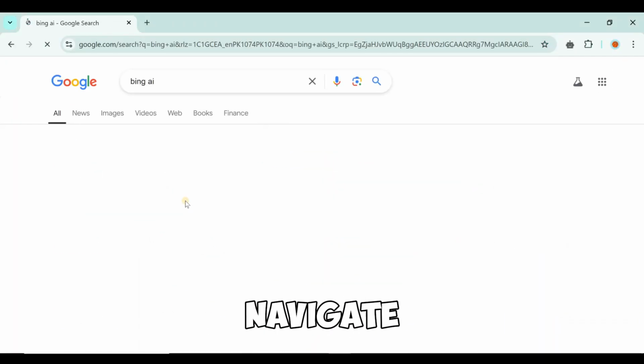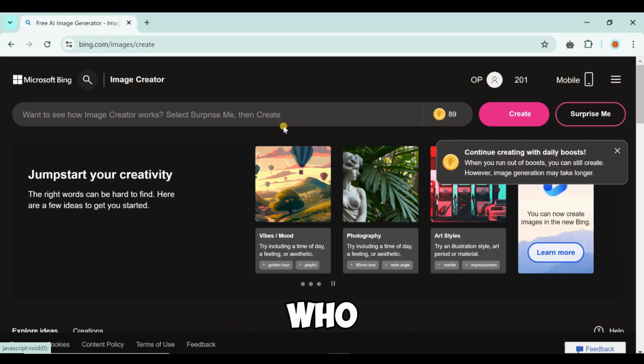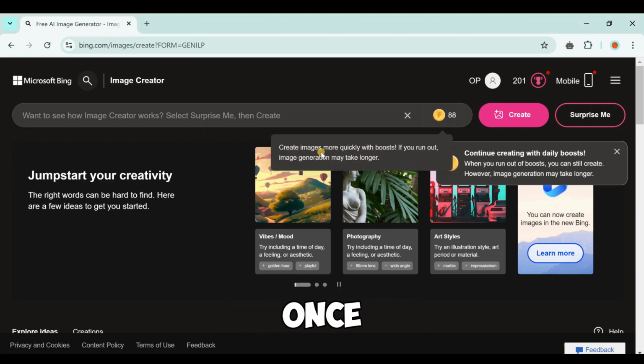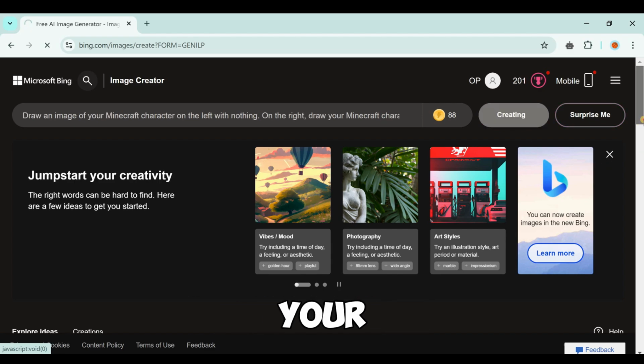Open your browser and navigate to Bing AI first. Make an account if you don't already have one. For those who are prepared, simply log in. All you need to do is find the ideal prompt for your thumbnail once you've logged in. Now, copy the prompt from the description below, enter it in, and AI will build your thumbnail for you as soon